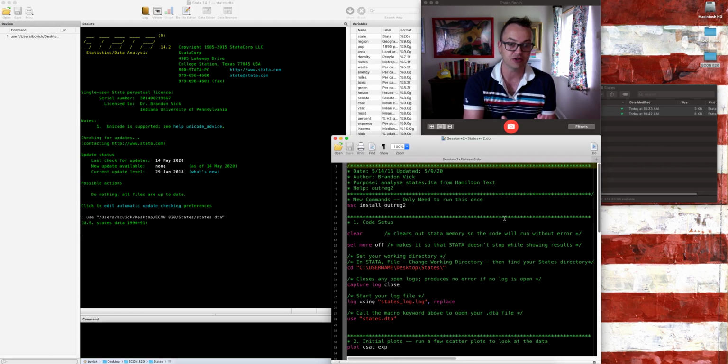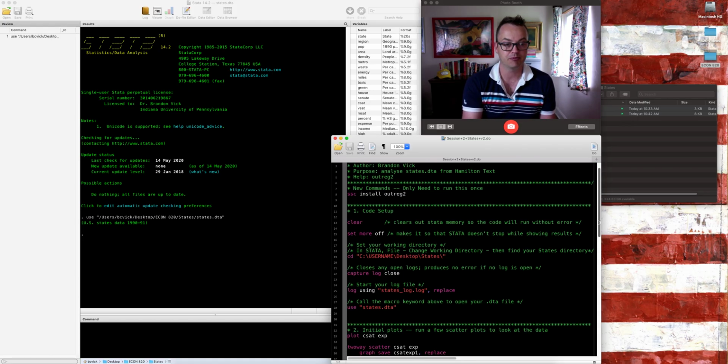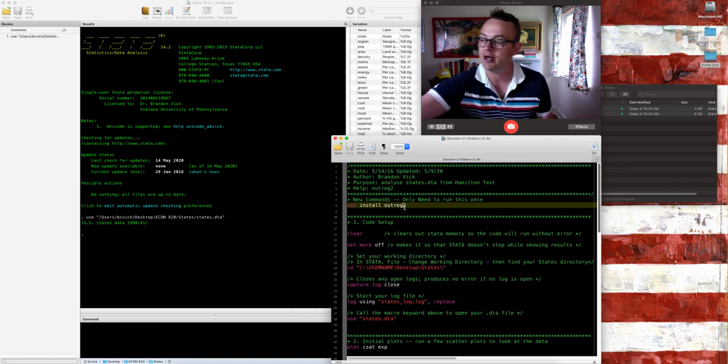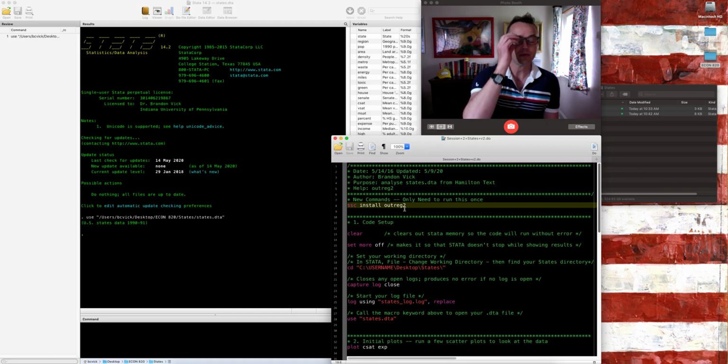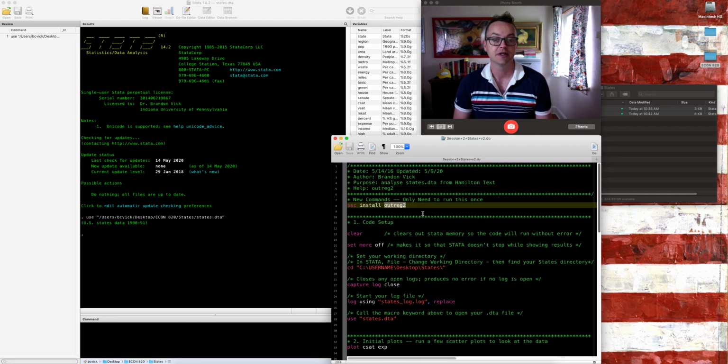So in this do file, what I generally do is I'll try to put new commands that you may not have installed in STATA yet. So I use a lot of user created commands. In this one, we're gonna use one called outreg2, which takes STATA regression output and puts them in presentable Excel files. So once you open this up, if you're on the internet, what you can do is highlight this line